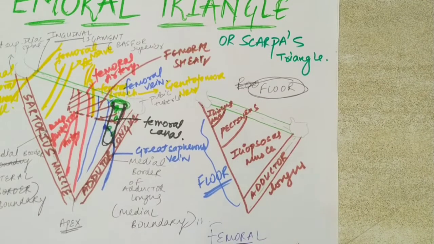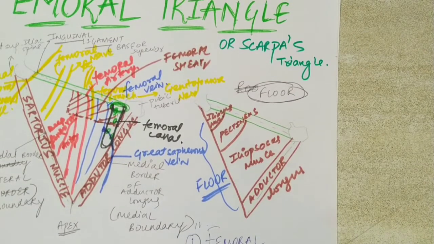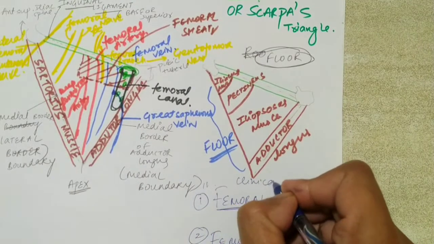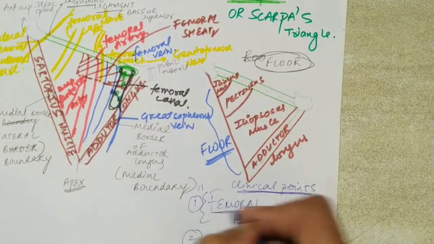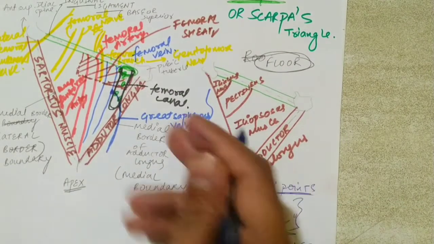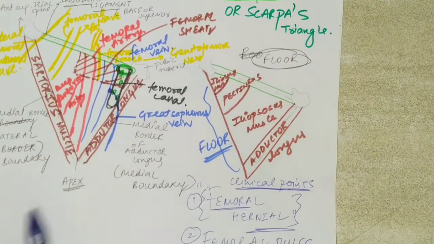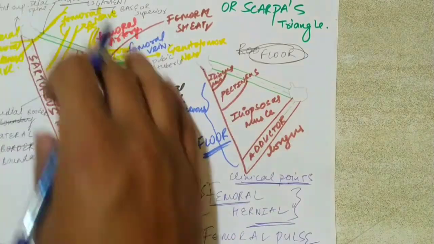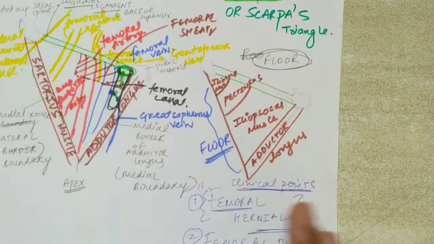And this femoral artery can also be used for the femoral pulse. So one point is this, and femoral pulse also. So these are the two clinical points for this femoral triangle. In femoral hernia, most probably small intestine organs protrude and bulge out in the anterior, medial aspect of the thigh. You can see the bulginess. So that can be the case of your femoral hernia. So this was your boundaries, contents, floor, roof, and everything, and two clinical points, which are major clinical points related to this triangle. Thank you.